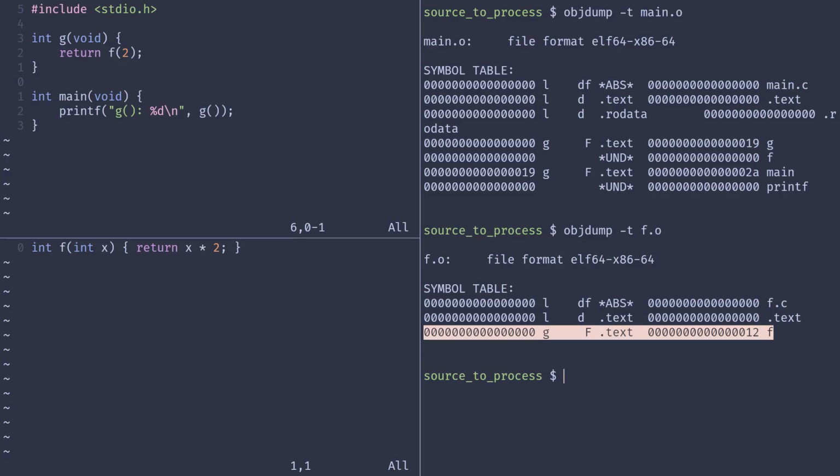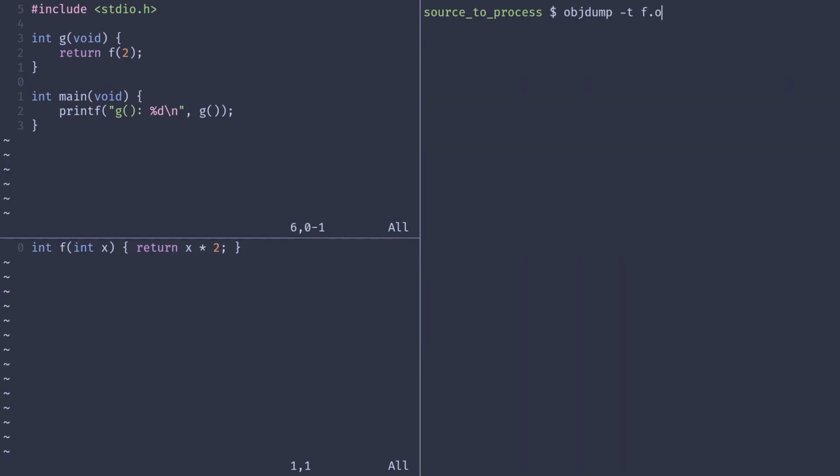So we could include f.c. Typically, you don't want to include C files, though in some situations you do. Usually you don't want to include C files in C programs. But that leads me to my next point, what you're asking about. You'll notice that what we had earlier, separate compilation right here,